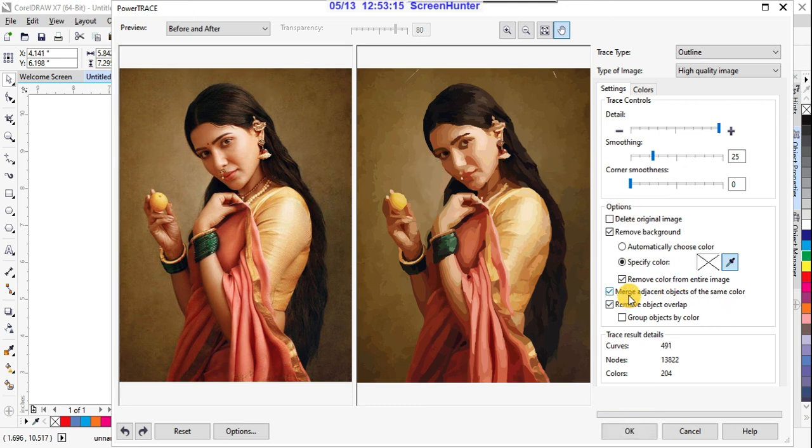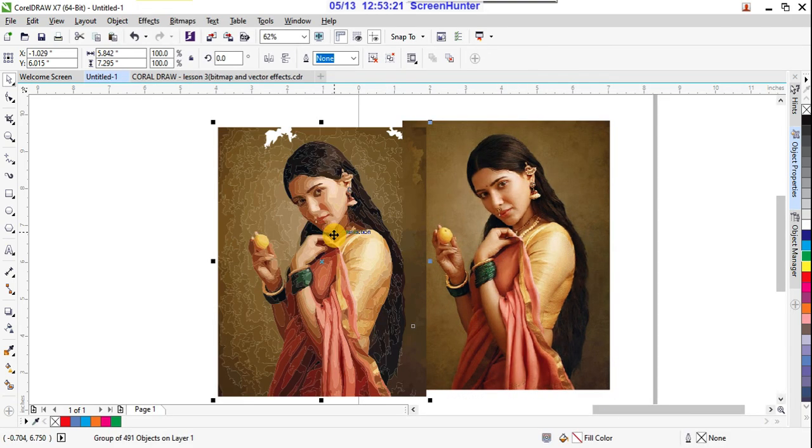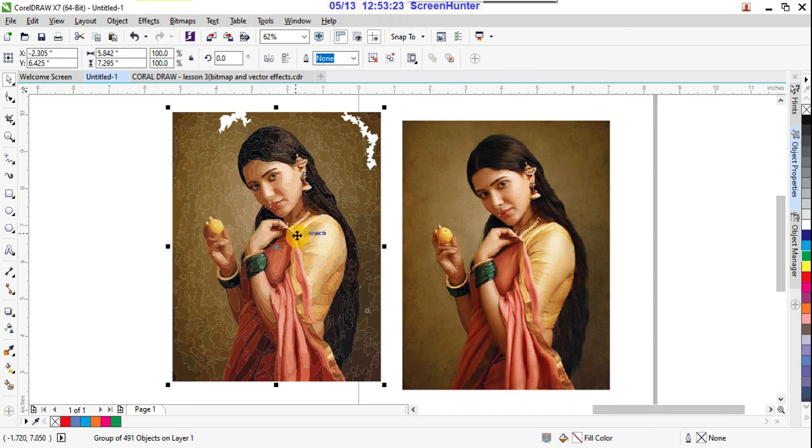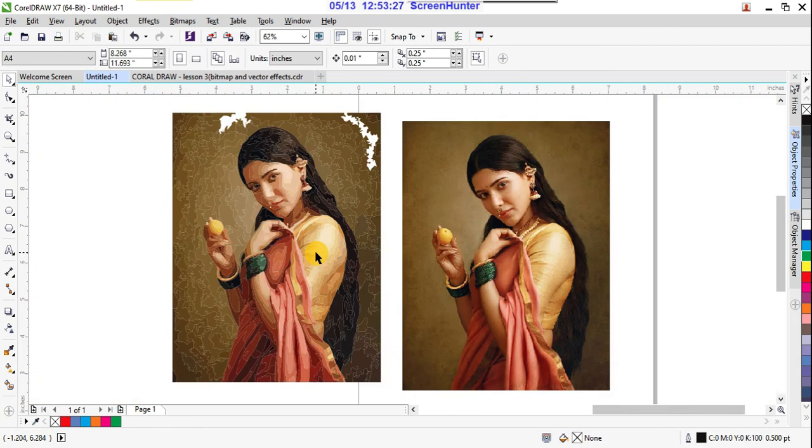Right. So if you say OK, so then what will happen? Yes. So this is your vector photograph and this is your original photograph.